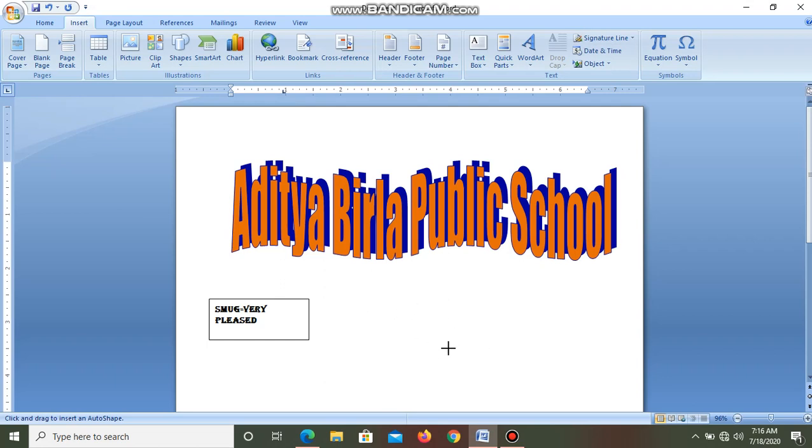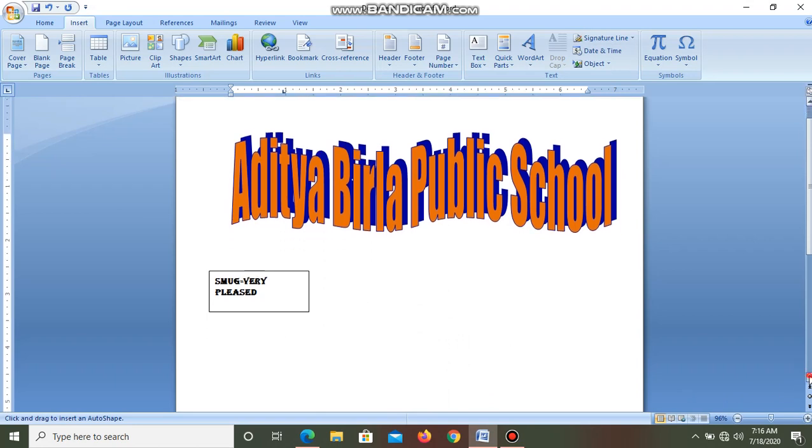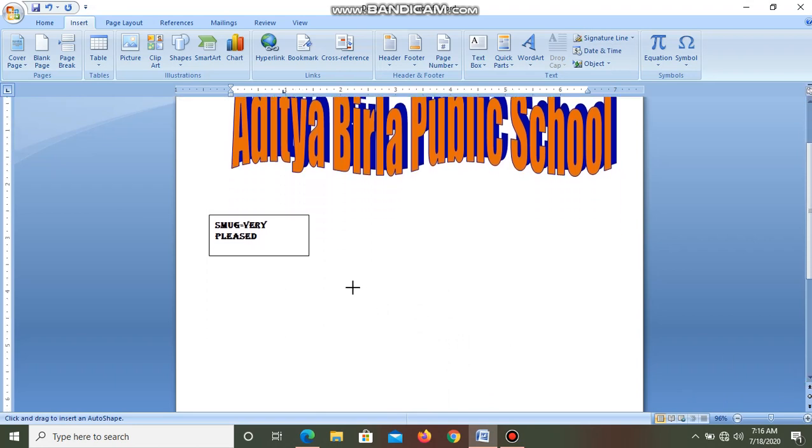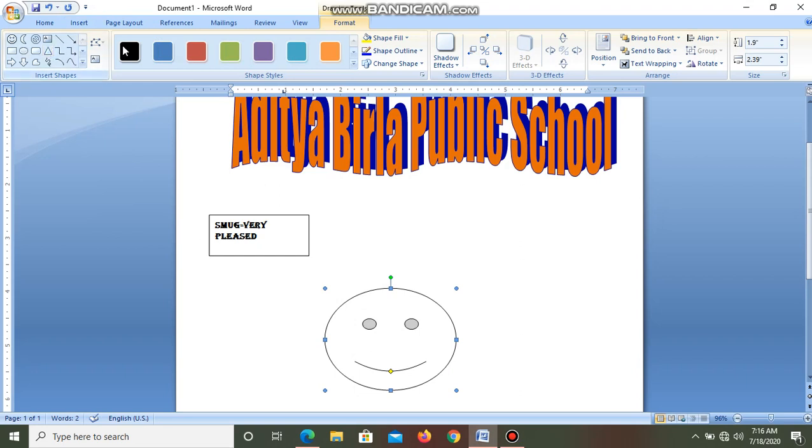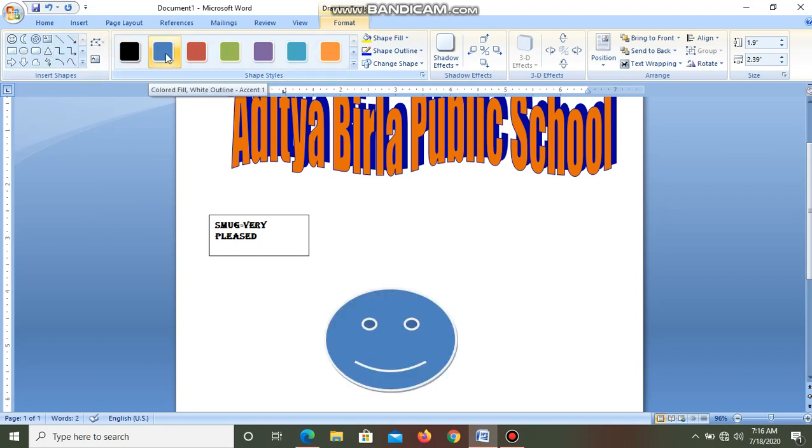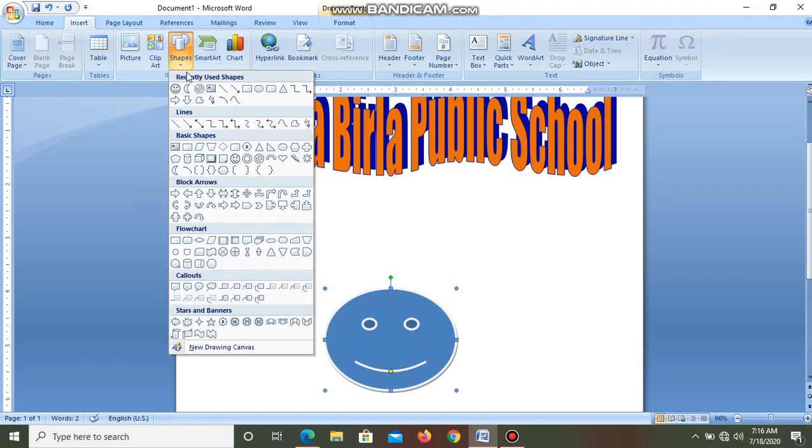You can see here that the mouse pointer has changed to a plus sign. Now by dragging and dropping, by pressing and holding the left mouse button, you can draw a shape. You can fill color in it. It is very simple. Now insert more shapes.